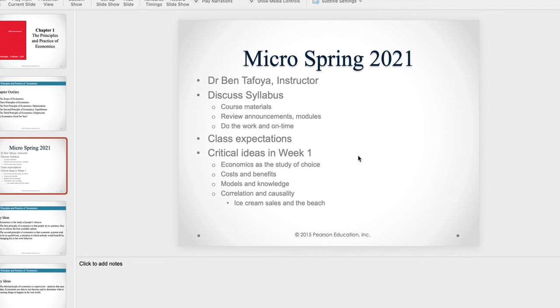Finally, I want to make sure that folks understand the difference between correlation and causality. Correlation is the relationship between two different kinds of phenomenon, and causality is trying to figure out which aspect has an impact on the other. So the classic correlation and causality